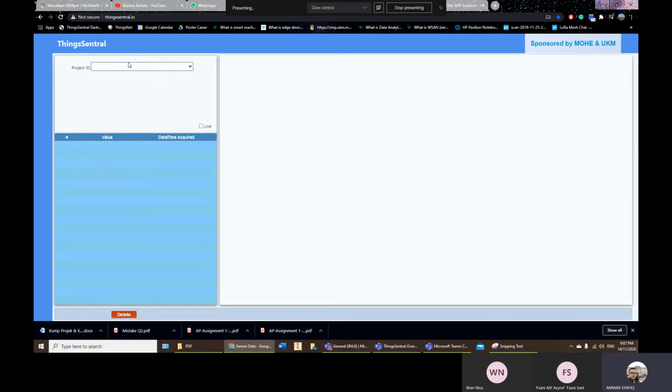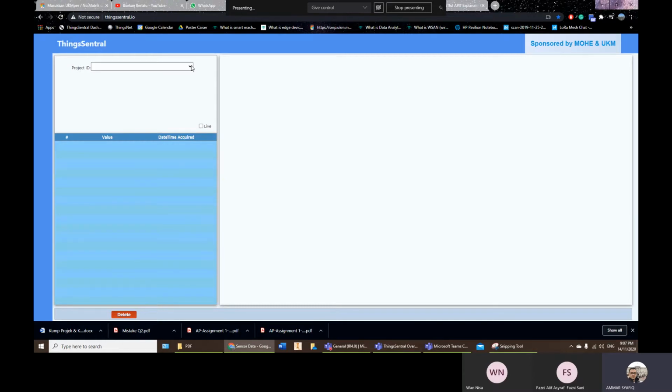For example, in this account I have a lot of projects. You have a hydroponic project, you monitor the temperature of many rooms, and you have a project that monitors the lighting of a building. Right now it's really slow because the server has some constraints in terms of RAM, but